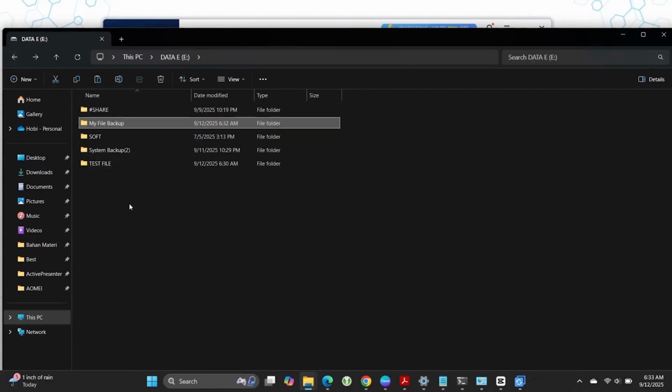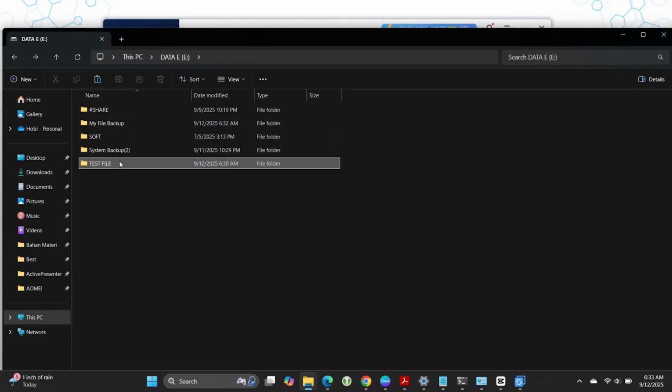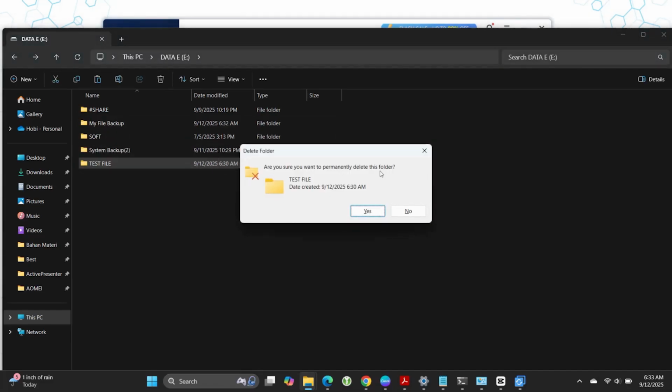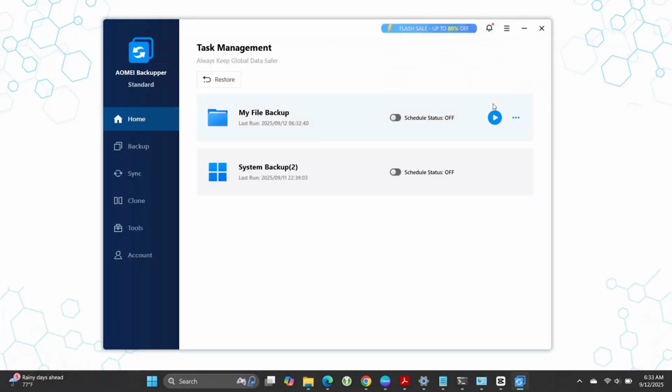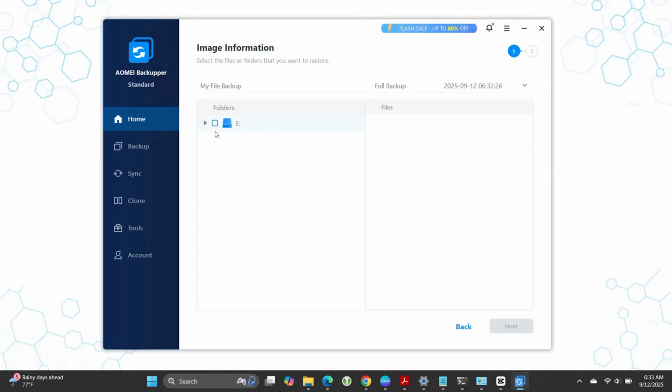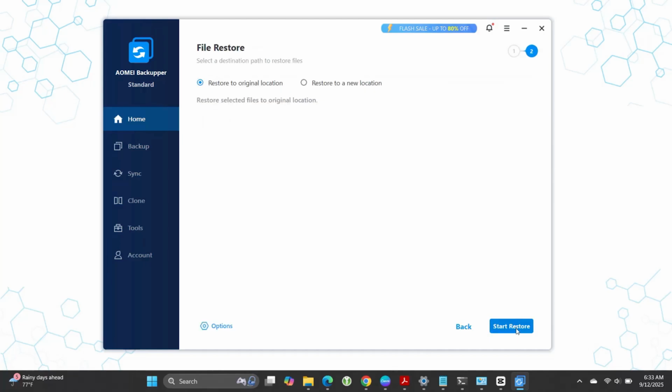I'm going to permanently delete the test file folder. Now comes the most important part, restoring the backup. We select the backup we created, point it to the same location, and click Start Restore.